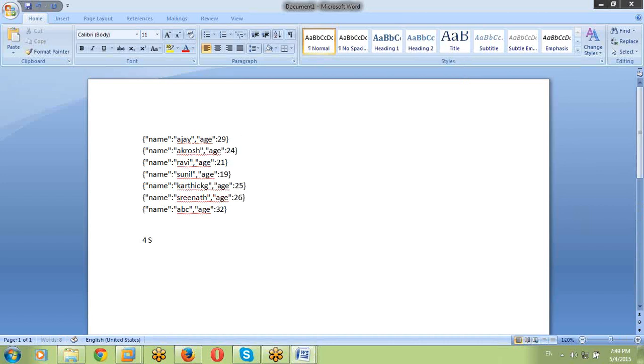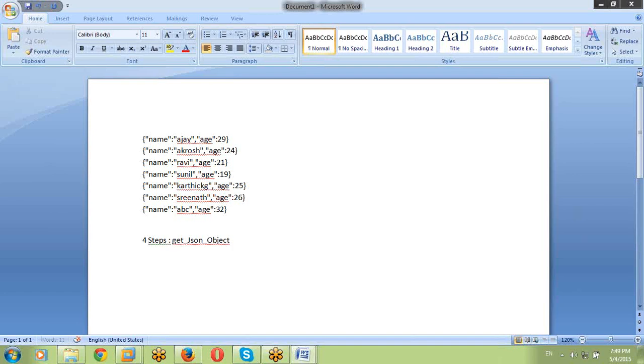In the four-step strategy, we are using a function called get_json_object. By using this get_json_object, we are converting data into structured format.